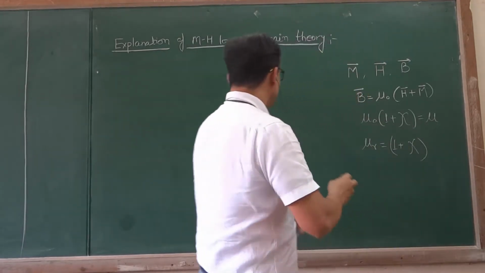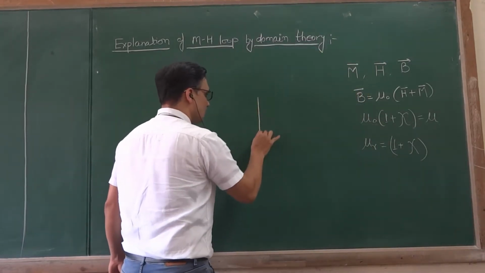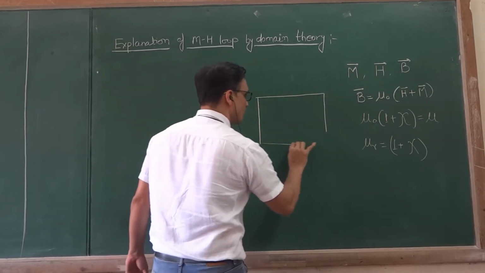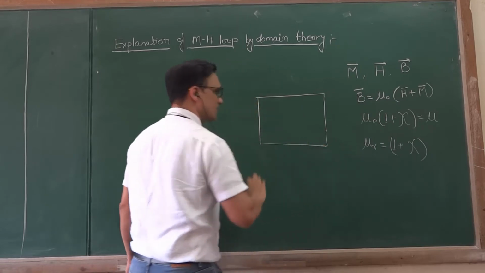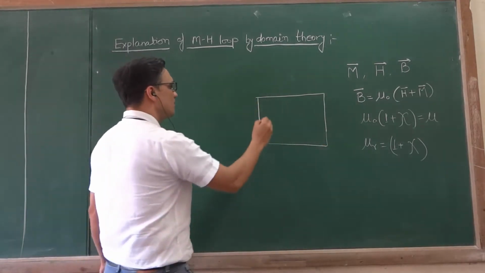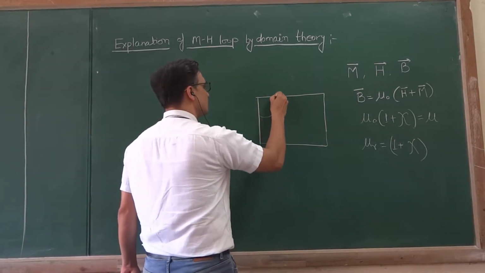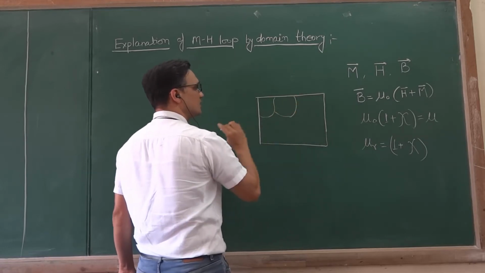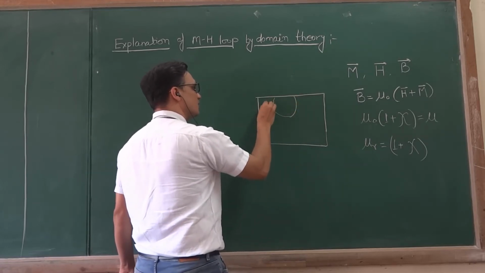If I draw a small pictorial diagram of a small piece of bulk magnetic material, there will be some localized regions